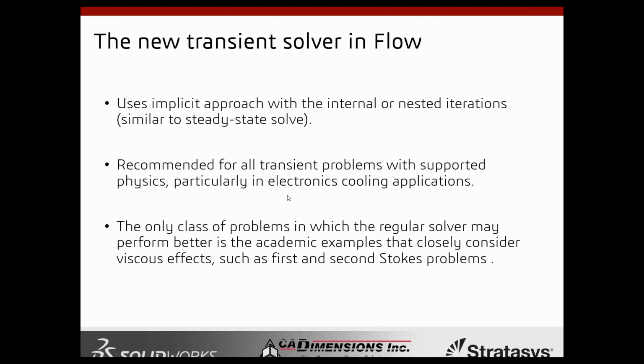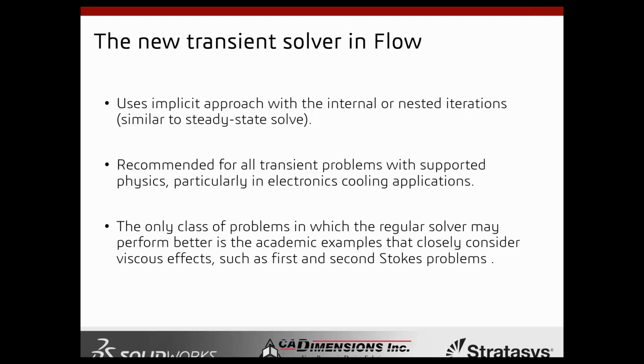And really, from what we've seen in the past, only class problems where you really need to understand viscosity effects between iterations, such as the first and second Stokes problem, that's when I would say you can revert back to the default transient solver, where it solves for every step. In this case, the results are still pretty accurate, so what better way than to look at an example that